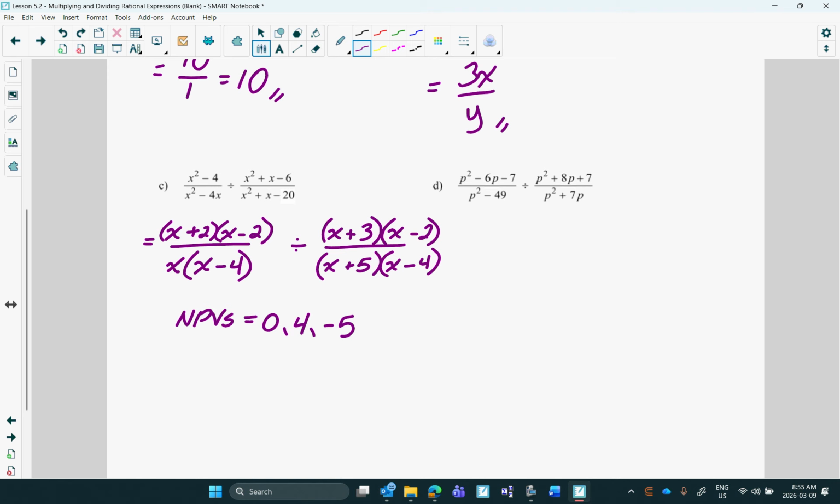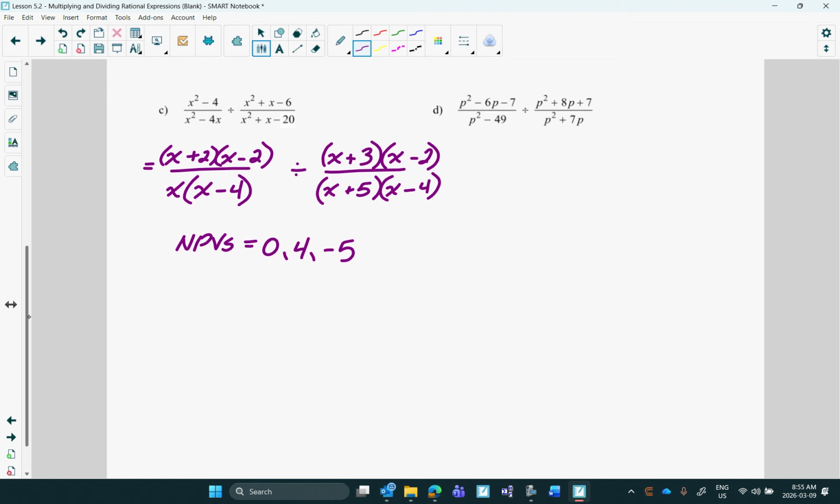Now let's change it to multiplication to get ready to reduce. But before you reduce,